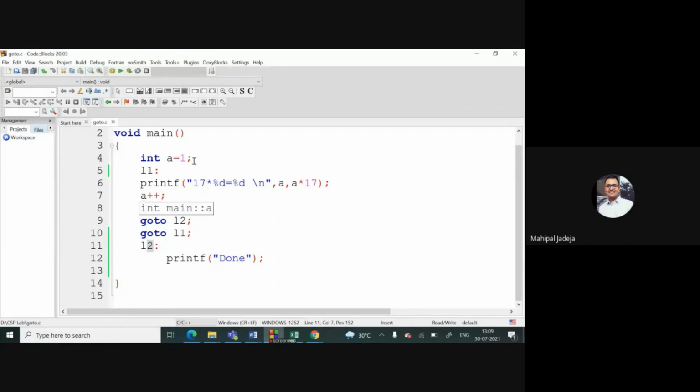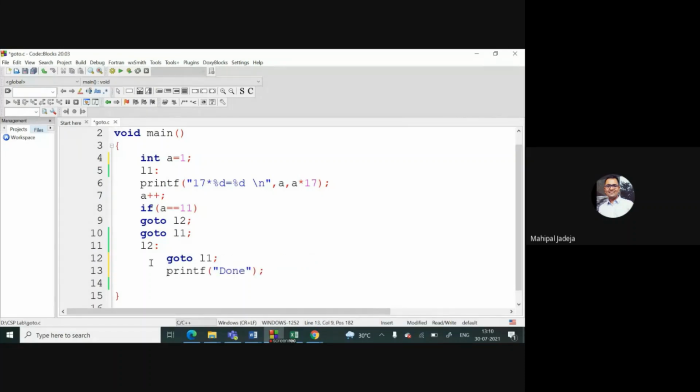The syntax, I hope, is clear. All you need to do is write goto and then some label, and this label must appear somewhere in your program. Only then will control go to that particular line. Another thing you need to take care of is infinite loops, because if you are using goto and not taking care of some criteria, ultimately you will reach an infinite state. For example, here, if I write something like this, goto, let's say, L1,